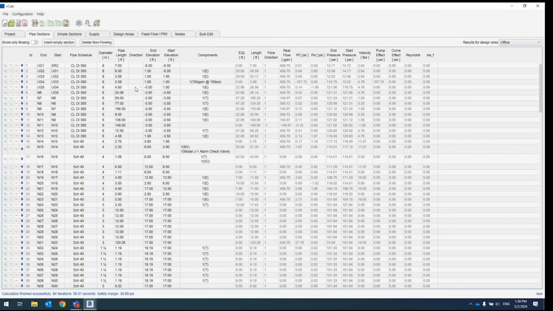But in the Revit world, we kind of recreate the real direction out of Revit, so this will be blank for you here. We have our starting and ending elevations based on the Revit model. And then this components column here, this is where we're accounting for any fittings. So for instance, you can see some of the elbows as the 1E. We can see our fire pump. We can see our butterfly valve and alarm check valve here. So this is where all of your various fittings like elbows, T's, other items like backflow preventers or valves, etc.,